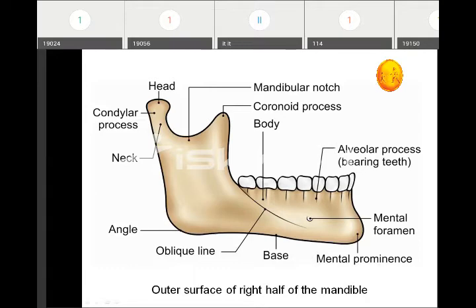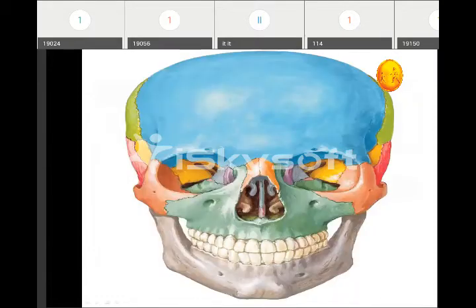Okay. So the body is horseshoe shaped. You can see in this next picture, it is the half portion of the outer part of the mandible. Just try to understand it. The front portion is the body part, and the quadrilateral plate, which is vertical, is the ramus. The two halves of the mandible, before birth, are two separate parts. After birth, within 1 year, they fuse in the center to form a single mandible, and the line in the center, which is the line of fusion, is known as symphysis menti.